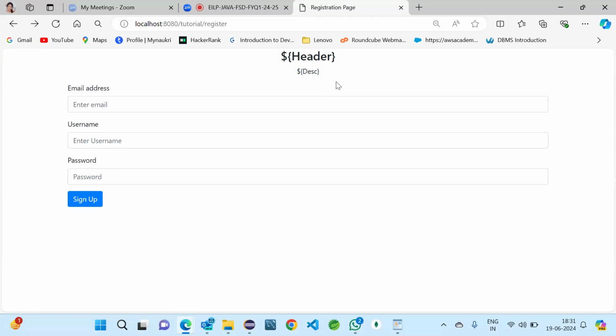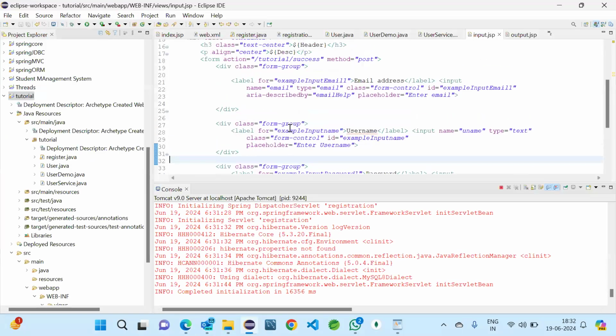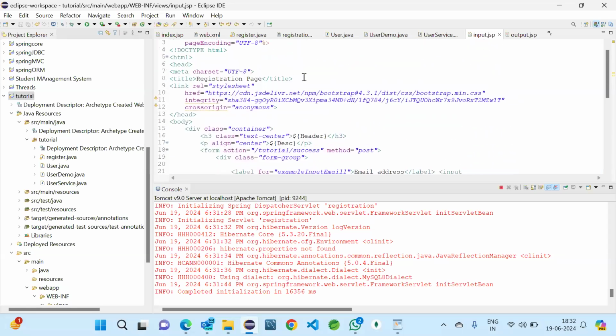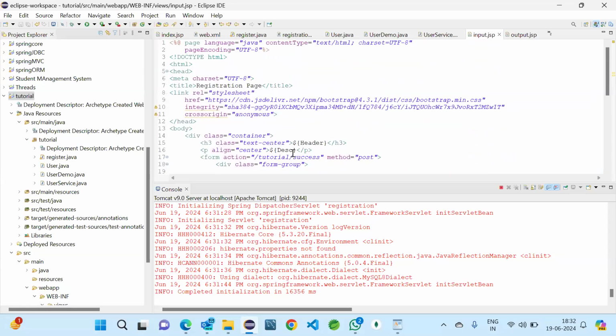Yeah, it is coming as header and description only. So you can see, if you are getting these types of errors, this is very much useful. You can see here we are passing the value, but it is not being caught.